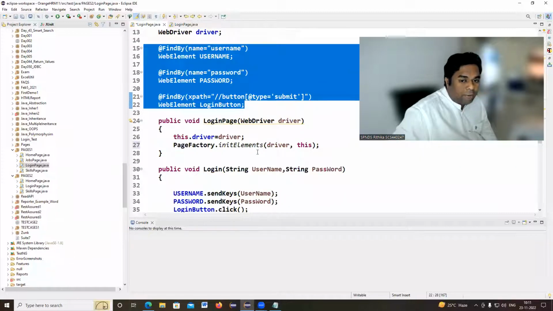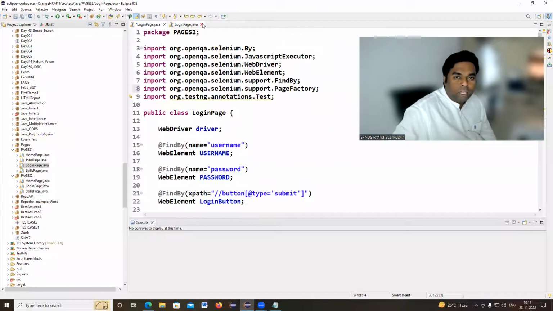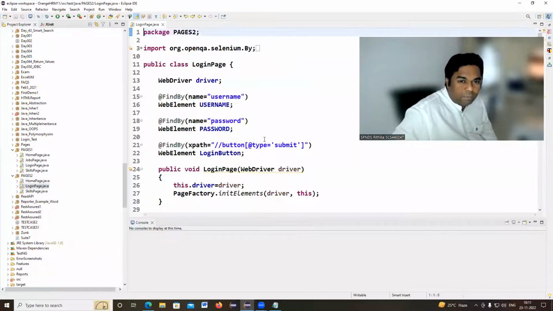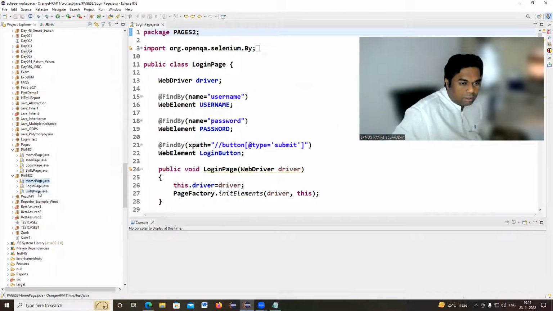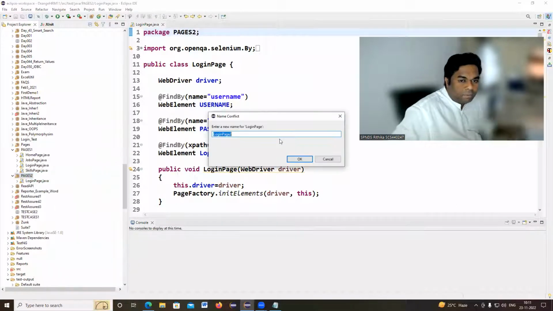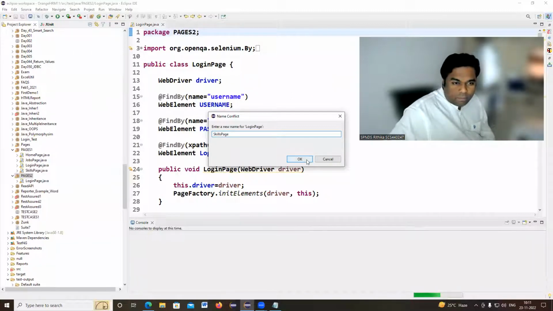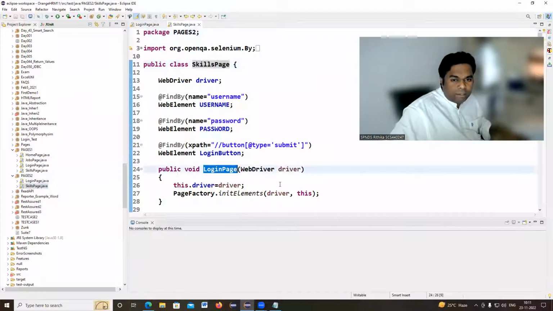Once all web elements are available, then we call the login method. Now let's close this part. So now we have developed a login page. Next, I'm copying the same login page and pasting it here as the skills page. Going back to the skill space, I'm giving the same name here,